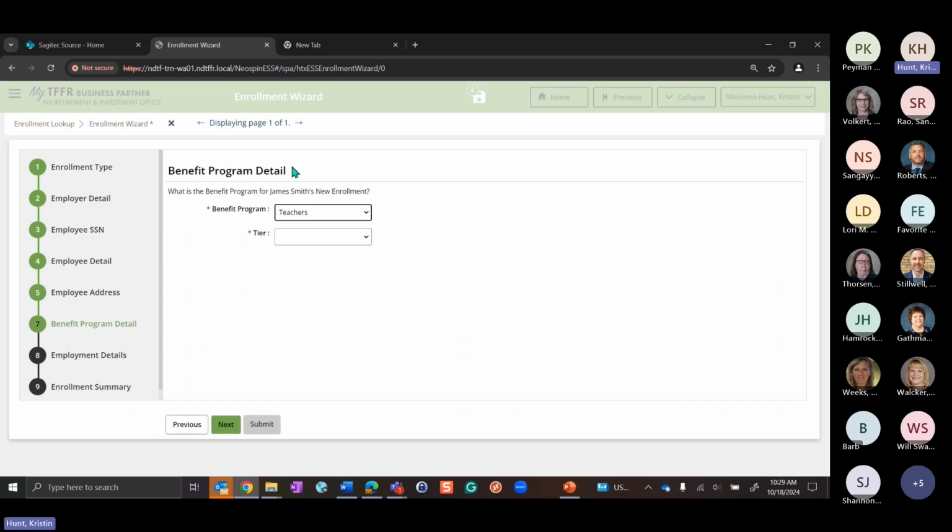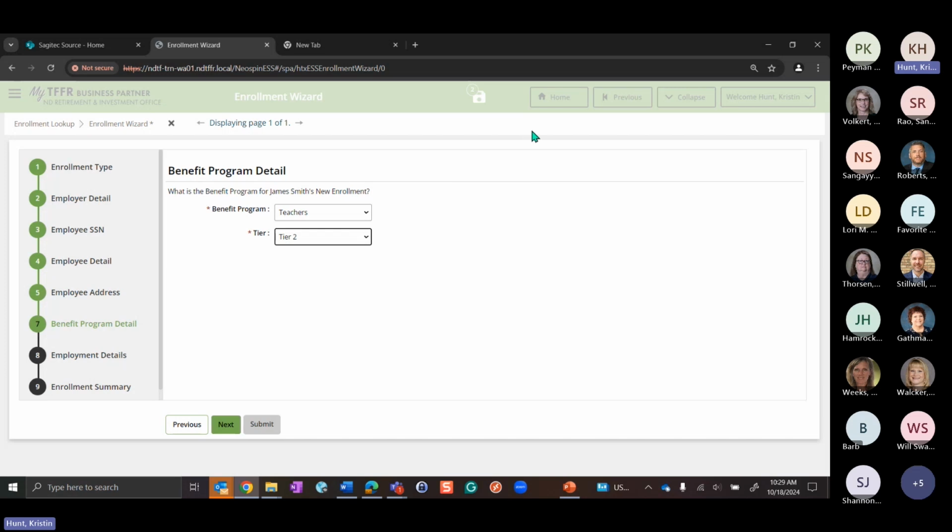So benefit program detail. This might also be because I'm in the training region, but it's asking me to select, this is teachers and tier. Obviously, this is dependent on, I can only select tier 2 because I believe that's all that's available for James going forward. He can't go into tier 1. I think it's not available for him.